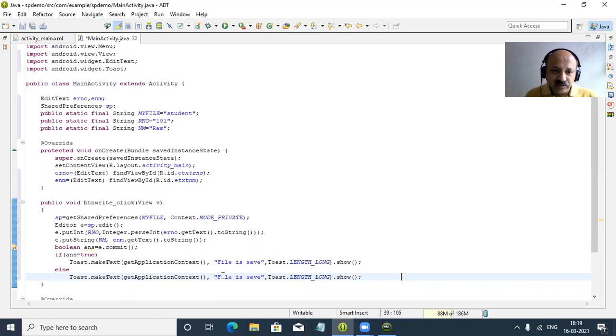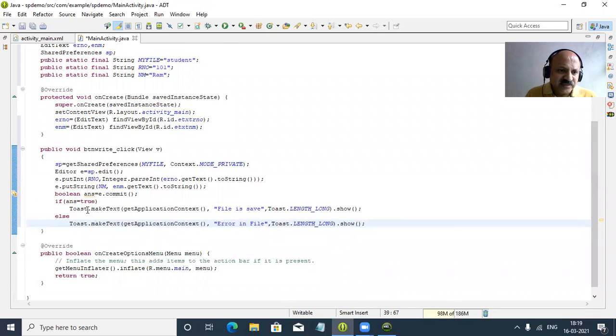Okay, so here in the message I have to make a change. We can say that error in file, or write the file time error, that type you have to give, any suitable message. So yes, we have to use here the double equal sign. So that warning is gone. I save. Now our coding part is complete.